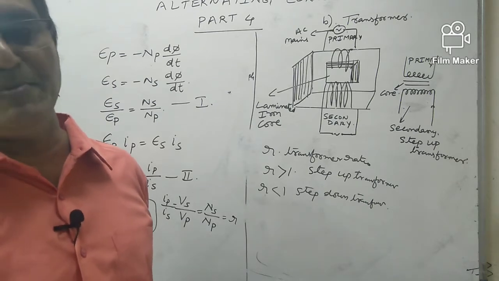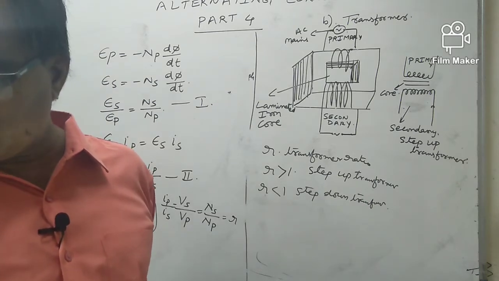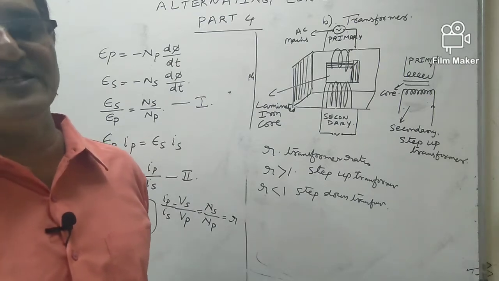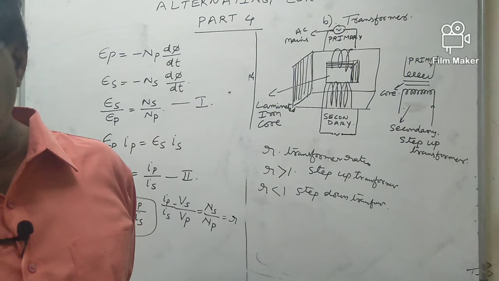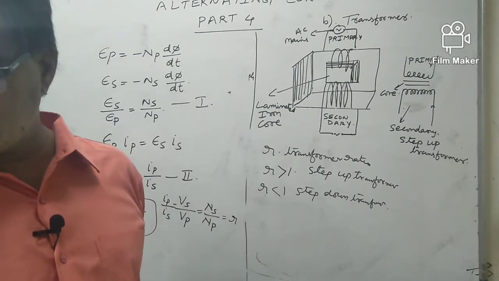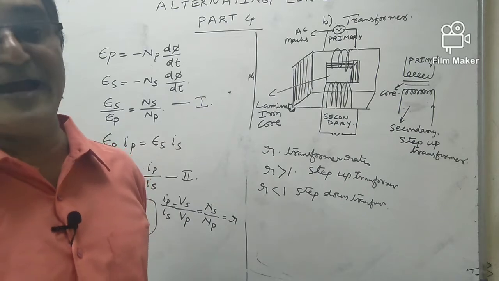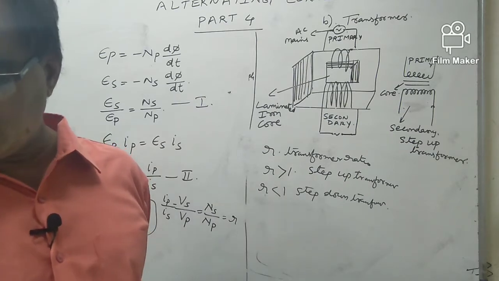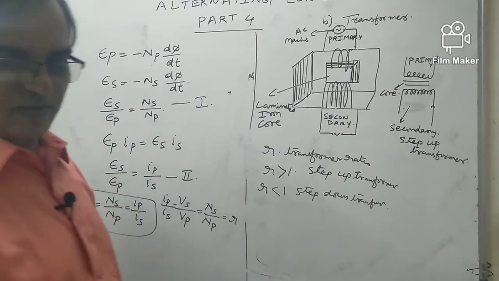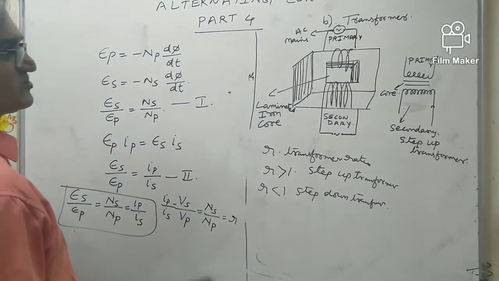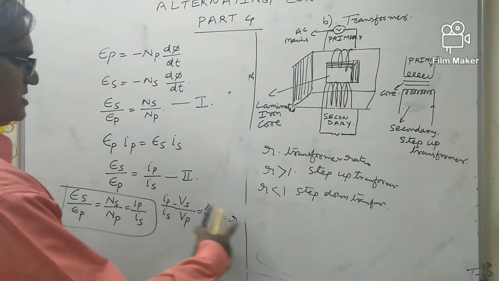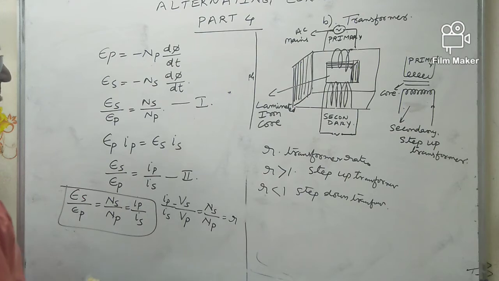This loss can be minimized by using a core whose hysteresis loop area is minimum. If the area of the hysteresis loop is minimum, we can minimize the energy losses, so we use a core of magnetic alloy. Okay, this is about the transformer. It works on the principle of mutual induction. Remember this formula; for problems we use this formula.